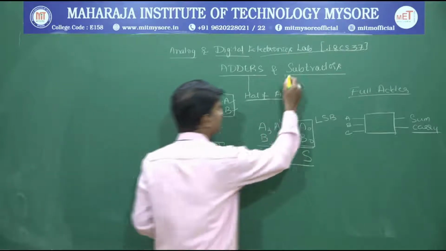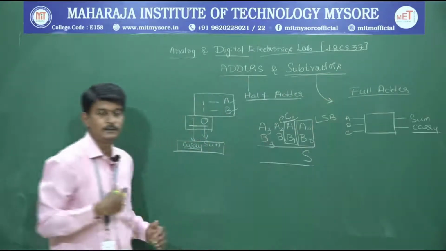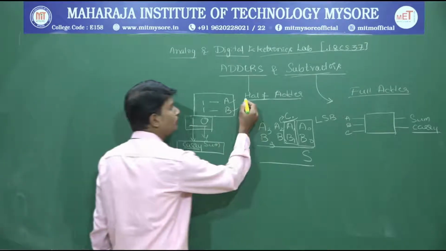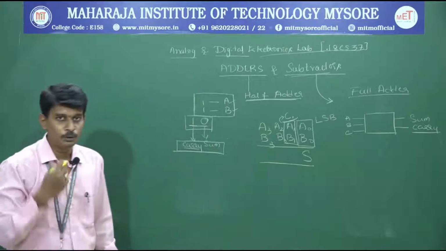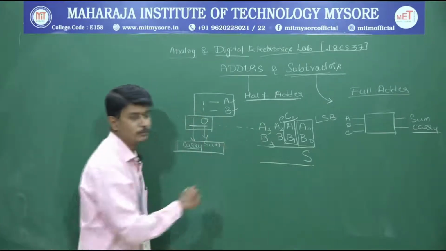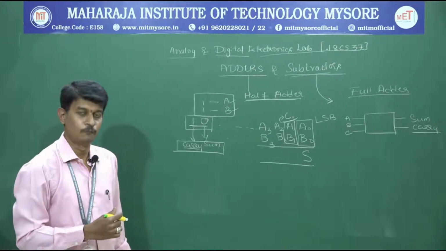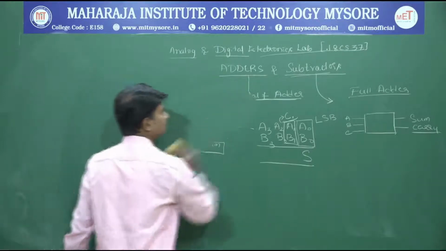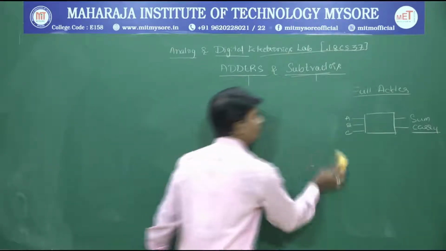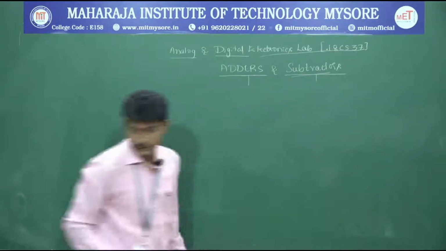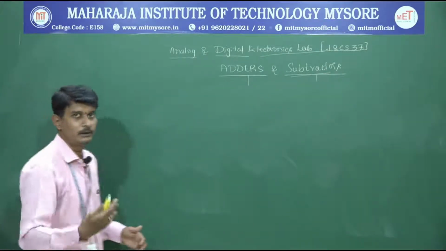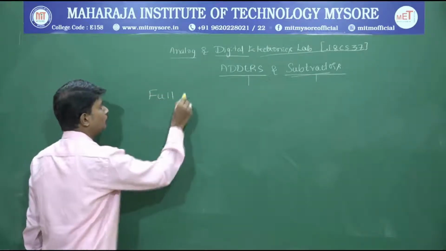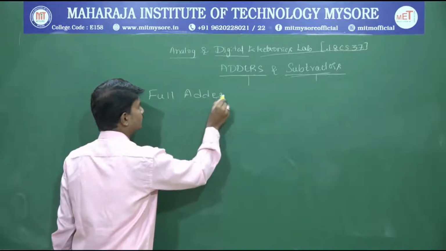For the subtractor also I'm going to use the same method. In a digital circuit, if I am going to do a subtraction of two variables, I am going to implement a half subtractor. If I want to go for n number of variables or literals, I am going to use a full subtractor. So let's begin with the half adder and see how I'm going to derive an equation, and then make a logic circuit. First we'll move on to the half adder circuit.